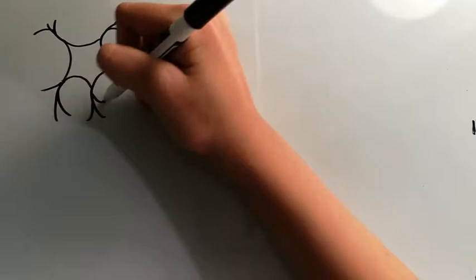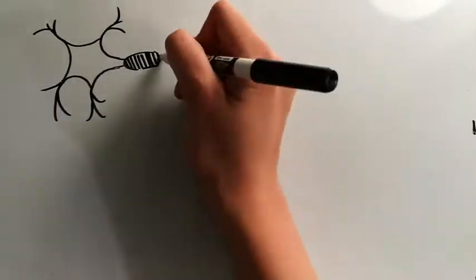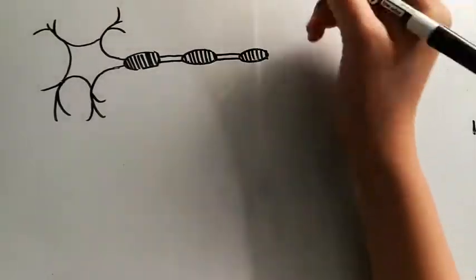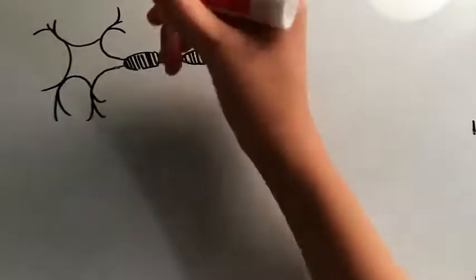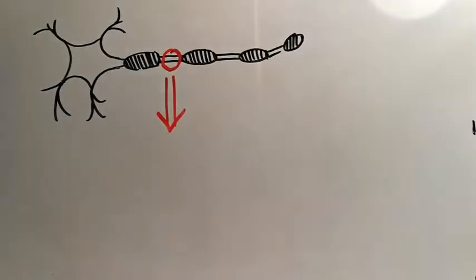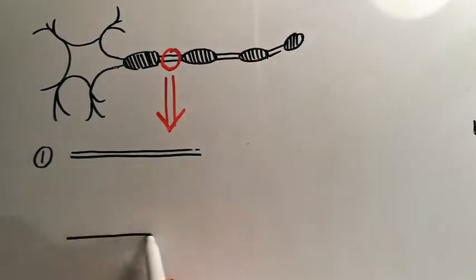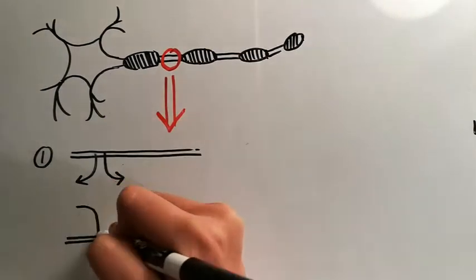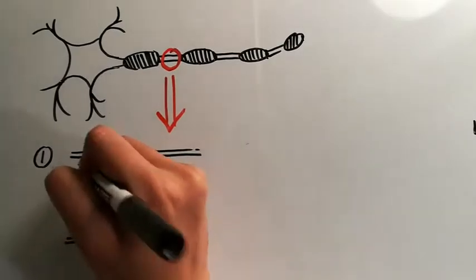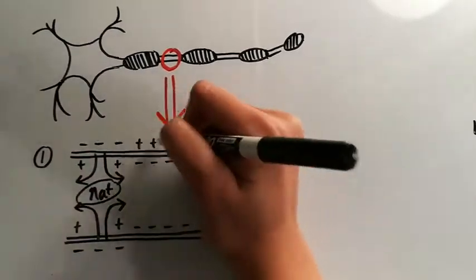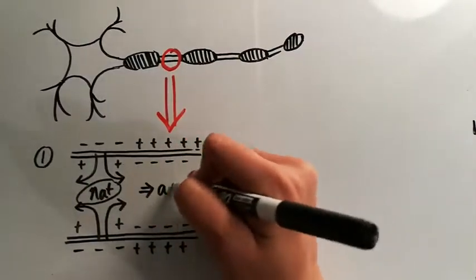If the cell membrane potential reaches minus 55 millivolts, the threshold, an action potential is triggered and opens most sodium channels, while the potassium channels remain closed. The action potential spreads to a neighboring region of the membrane and initiates another action potential there, and this process continues. The signal moves in one direction, from the cell body to the synaptic terminals, and after the action potential